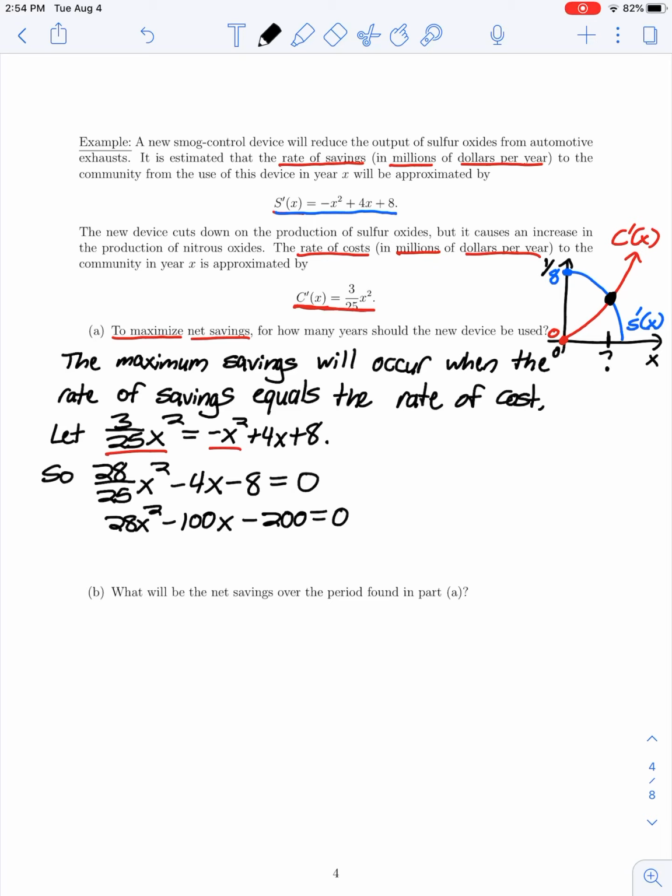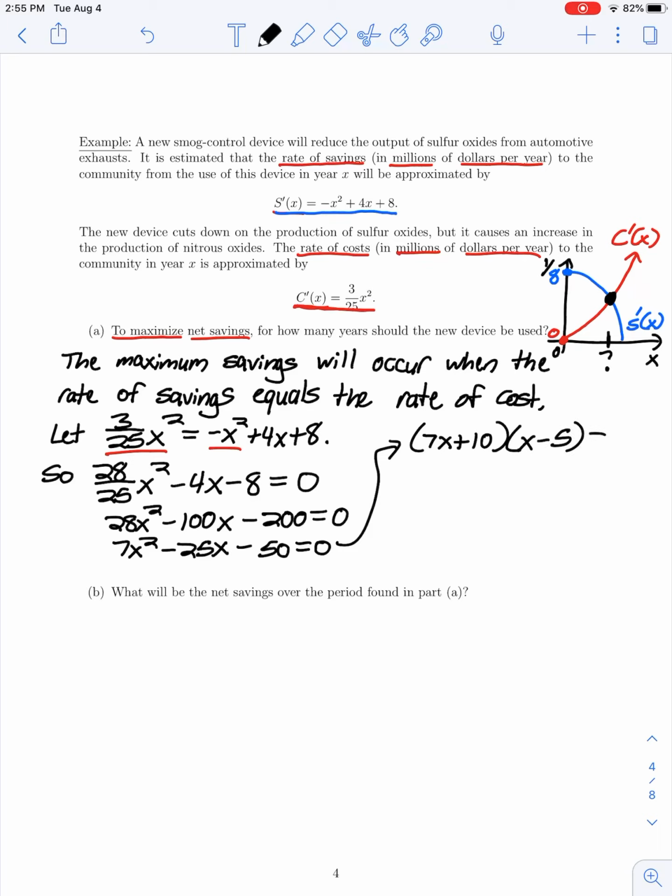And then if I divide everything through by 4, I have 7x squared minus 25x minus 50 is equal to 0. So this quadratic can then be factored as 7x plus 10